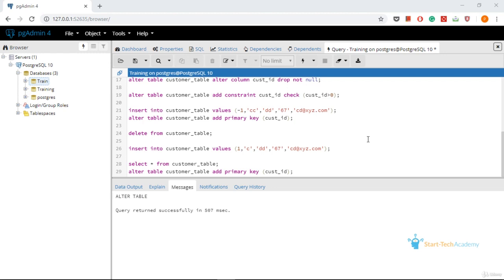Hi everyone. Till now, we have learned how to create a database, delete a database, create a table inside a database, and within tables, we know how to insert data, update data, delete data, and change the structure of the table. Now it is time that we learn the querying part of the SQL.